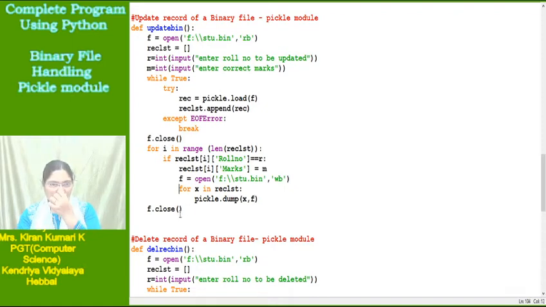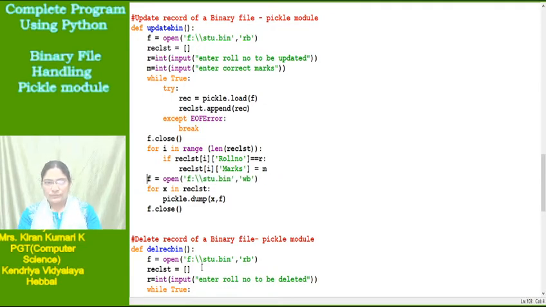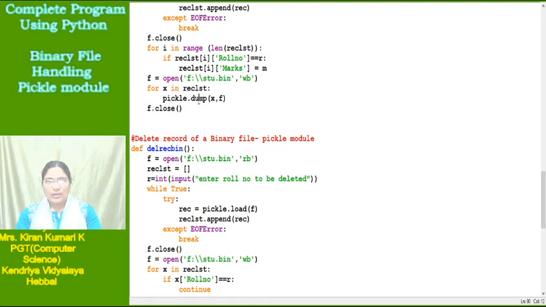Once it is updated, the entire record list is dumped into, overwritten into the file. So write the entire content back into the file. The entire record list is copied to the file.